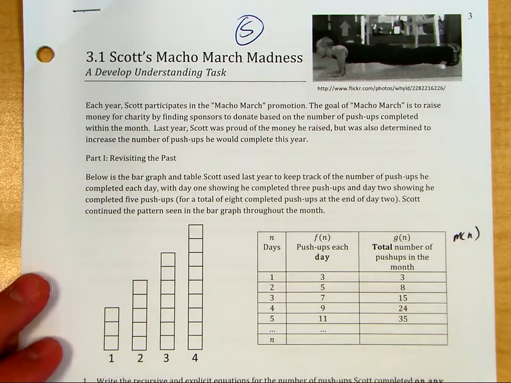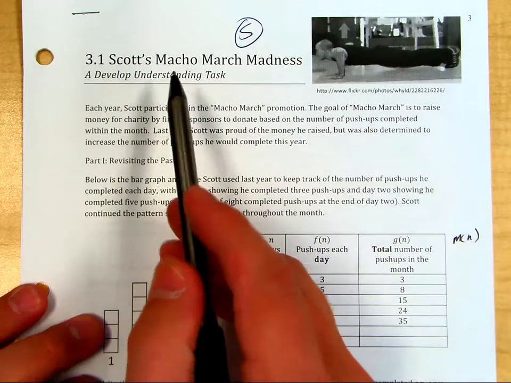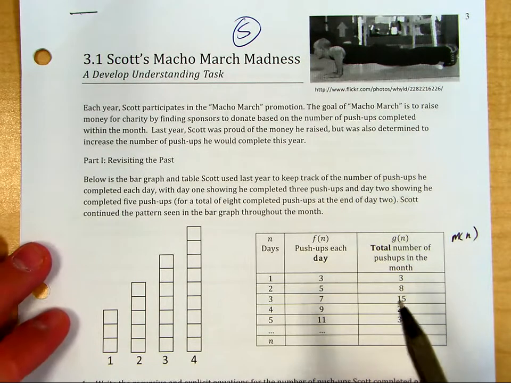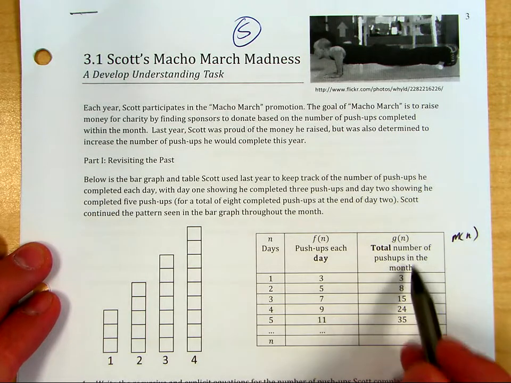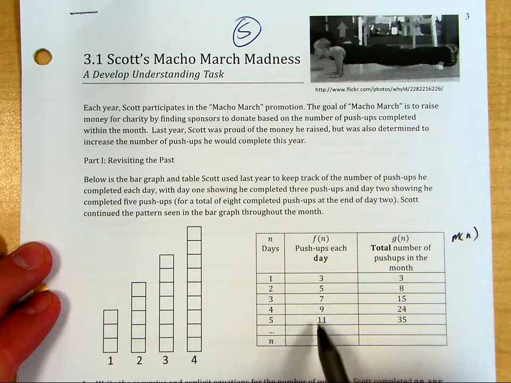Okay, here is some help on the Math 3 3.1 task. This is a revisit of Scott's Macho March that was happening in Math 2, and what they wanted you to do in that task was basically go from the push-ups each day to find the total number of push-ups in the month. You found that this was a linear function, but adding the linear terms became